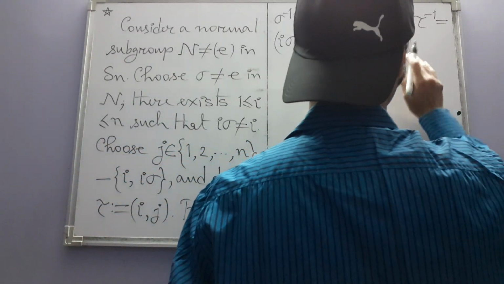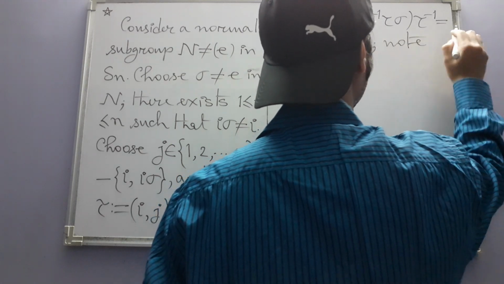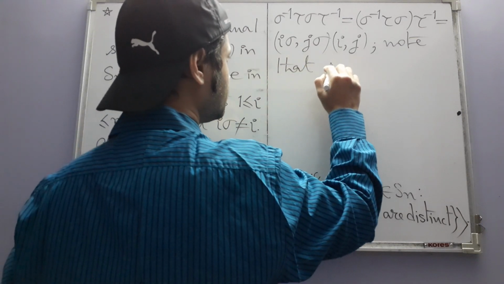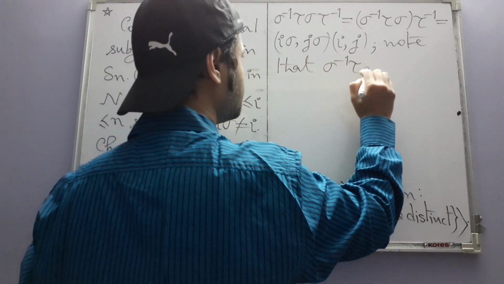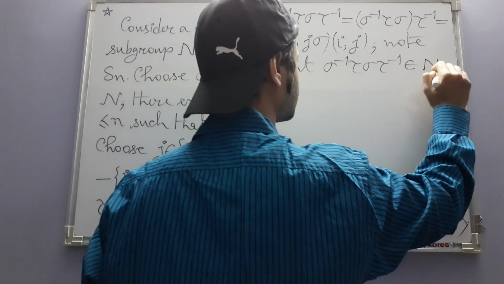But before that, let me just finish this sentence. Note that sigma inverse tau sigma tau inverse belongs to N